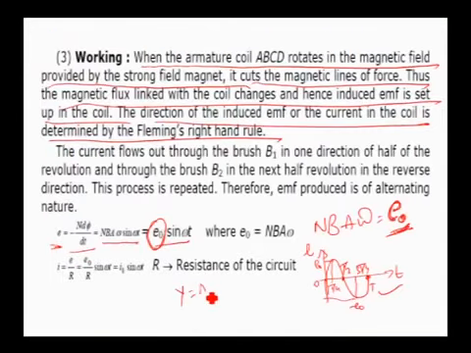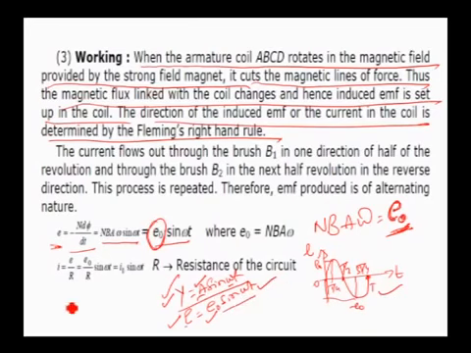So this is similar to a simple harmonic motion equation, y is equal to a sin omega t, where y is displacement, a is the maximum displacement, and omega is the angular speed. In a similar way I write E is equal to E naught sin omega t. Just look at the comparison. This is displacement at an instant, this is EMF at an instant. This is maximum amplitude, this is maximum EMF. So that shows the EMF induced here is varying periodically both in magnitude and direction.